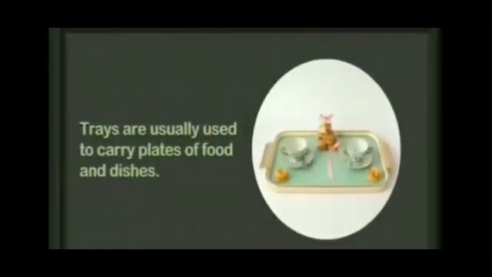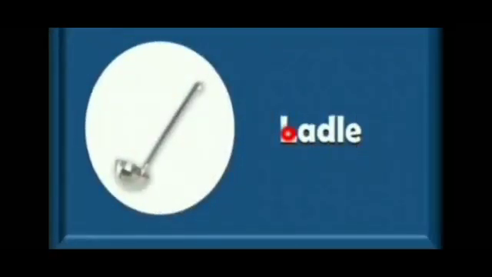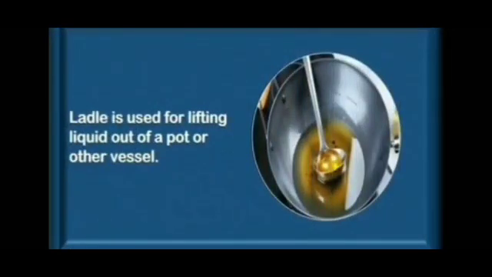The next one is tray. T-R-A-Y. Tray. Trays are usually used to carry plates of food and dishes. It is used to serve tea, coffee or foods, etc. The next one is ladle. L-A-D-L-E. Ladle. A ladle is used for lifting liquid out of a pot or other vessels. It is used to serve sambar, soup, rasam,